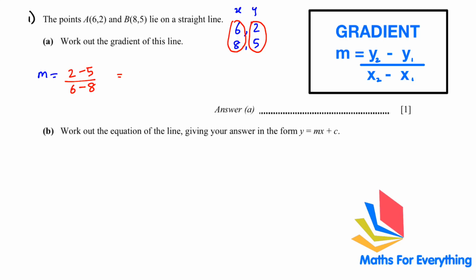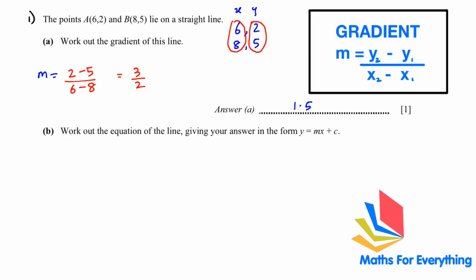And that will give us 3 over 2, which is 1.5. You do not need to separate it and write. Put the whole thing in the calculator. Part B, work out the equation of the line, giving your answer in the form y is equal to